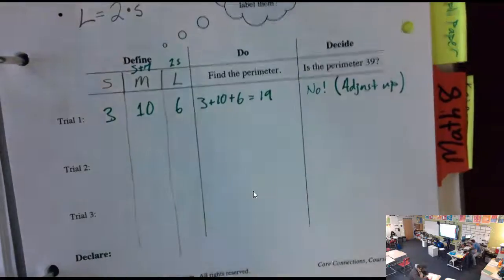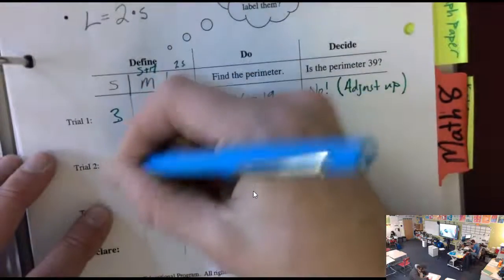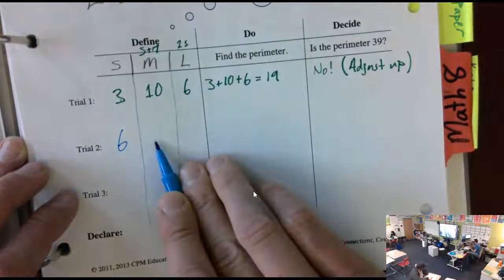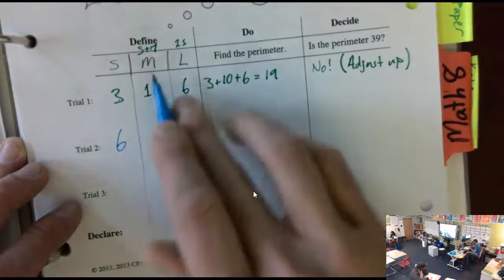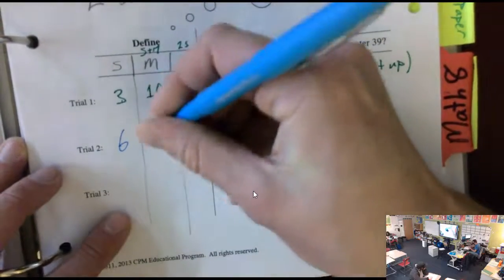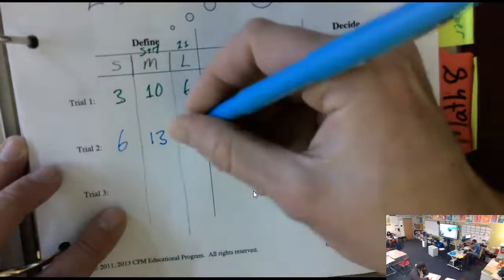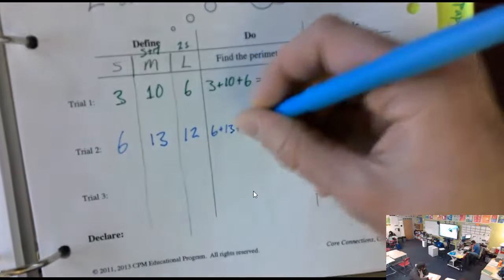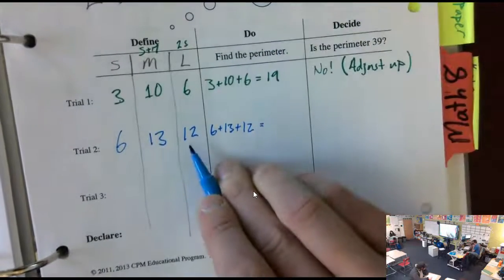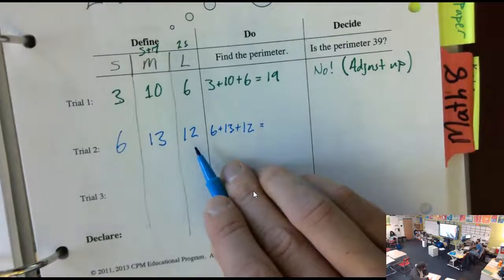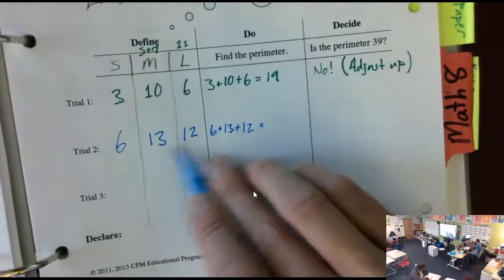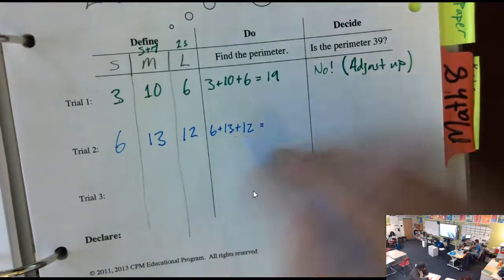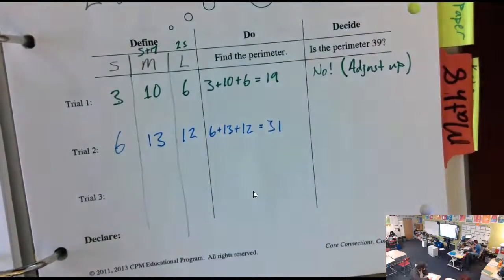So, I saw a lot of you trying 6 next, but be careful when we adjust for the medium side. 6 plus 7 is a tidbit tricky. It'd be 13. This would be 12. Yeah, and again, the long side is not bigger, so this is broken, right? And this is too small because this comes out to be 31.